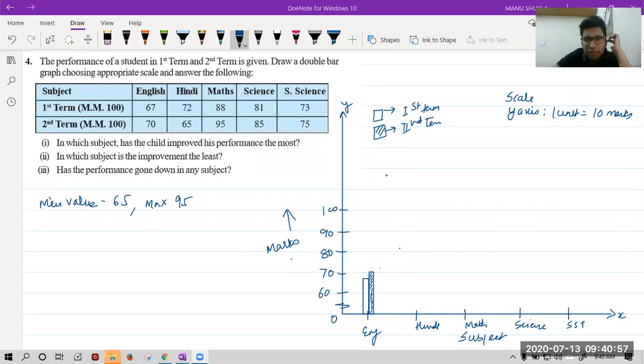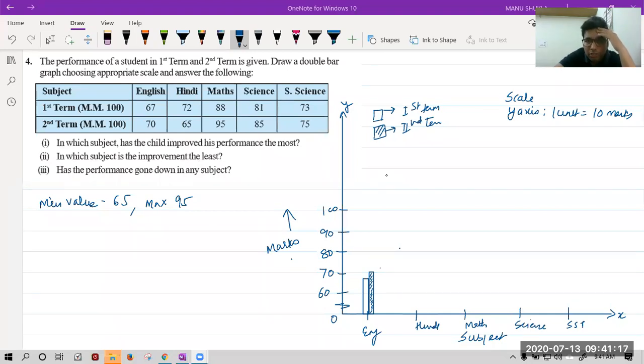Rishi is saying, sir, if first value is 5 and the second value is 80, can we use king between them? Please better don't confuse yourself. Always use king in the start. Don't use king in between. Okay, last. Sir, we can shade first term also. Yes, beta, you can shade, no issue.